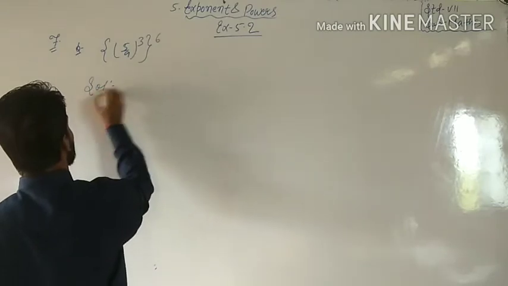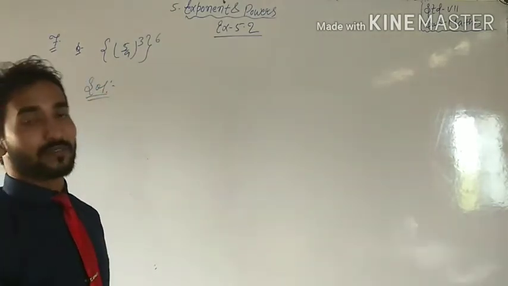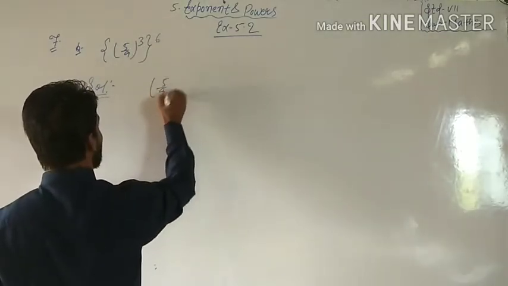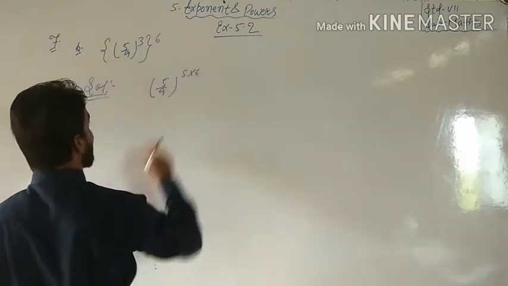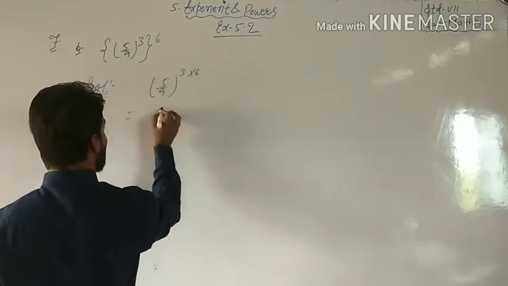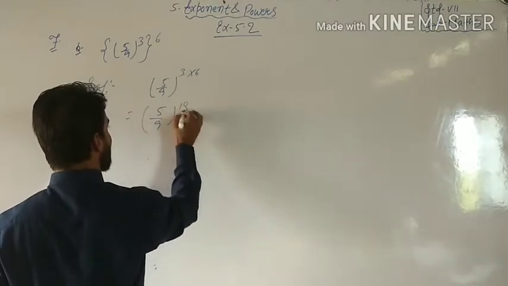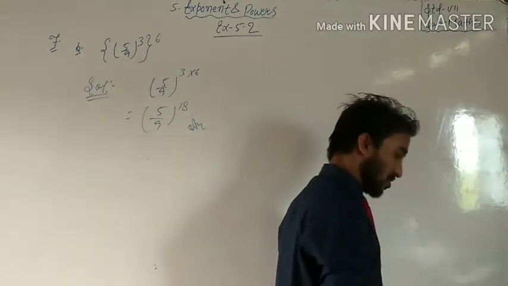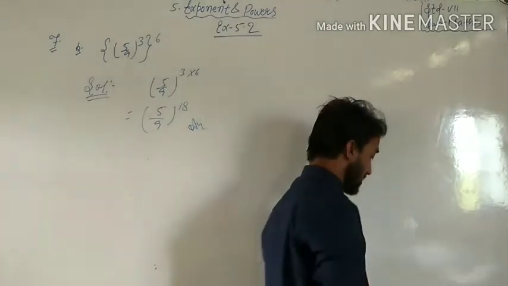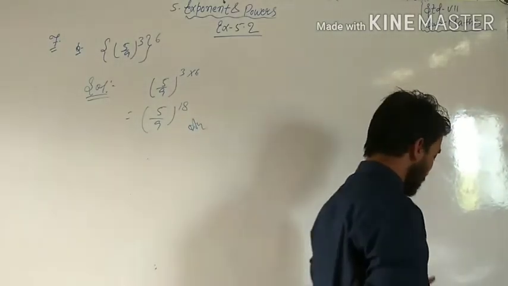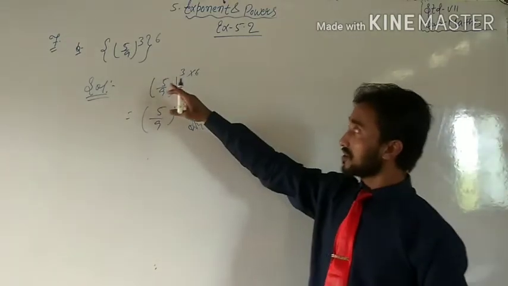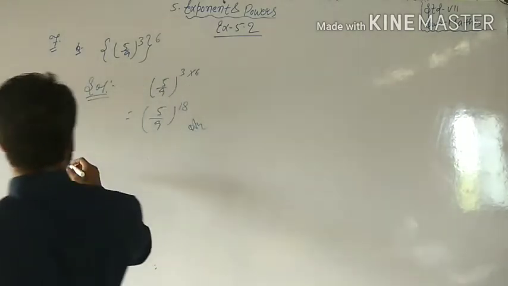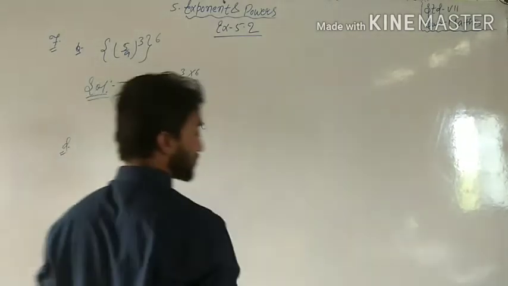Students, suppose such types of questions are in front of you. How will you solve? First of all, we simply multiply the powers. What answer will become? 5 by 9 to the power 6 times 3, which is 18. It is your answer. What does the question say? Using the law of exponents, compute the following and give the answer in exponential form. That's why you can simply solve in this way. Power will multiply together, because power of power means exponent of exponent.